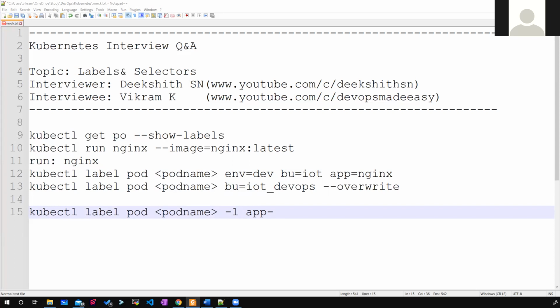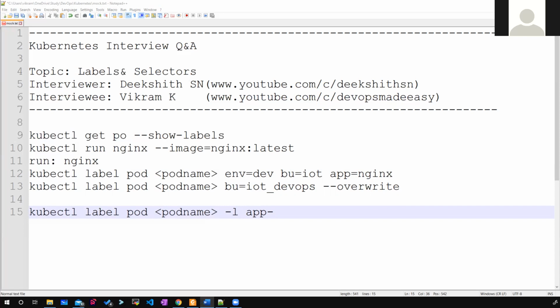But annotations are needed for external tools and libraries. Let's say you have Istio or Prometheus. These are external tools that we talk to inside the cluster, and they might need some extra settings.